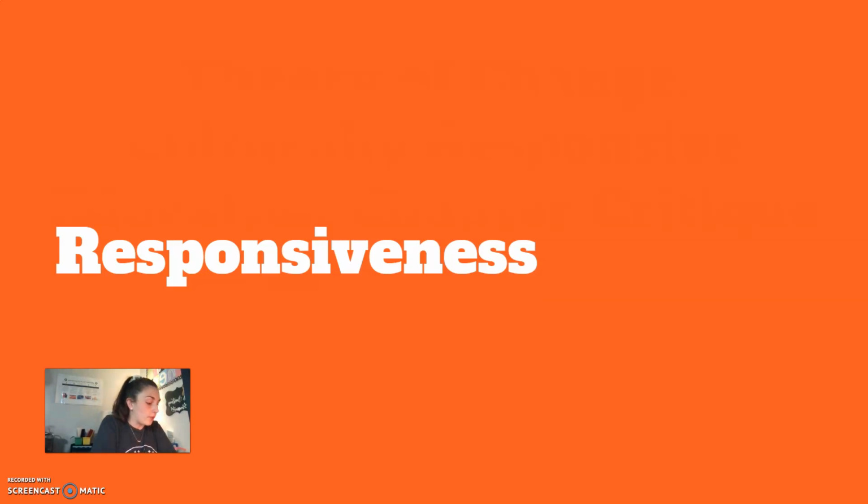So now we have to kind of talk about what responsiveness is. What I really gathered from this is that responsiveness facilitates from trust. Teacher and student have to have trust with one another. It's essential for our most vulnerable students to be willing to take risks associated with rigorous learning. So to have that responsiveness, they have to have trust. They have to trust the teacher and their peers that they're not going to be made fun of, they're not going to be judged or anything like that. And the teacher has to trust them in return that they're going to do what is expected of them by